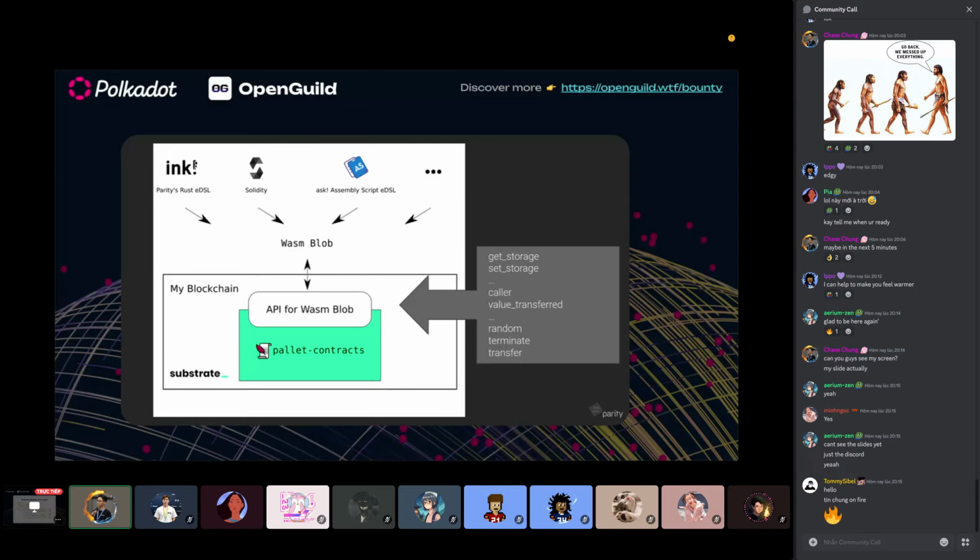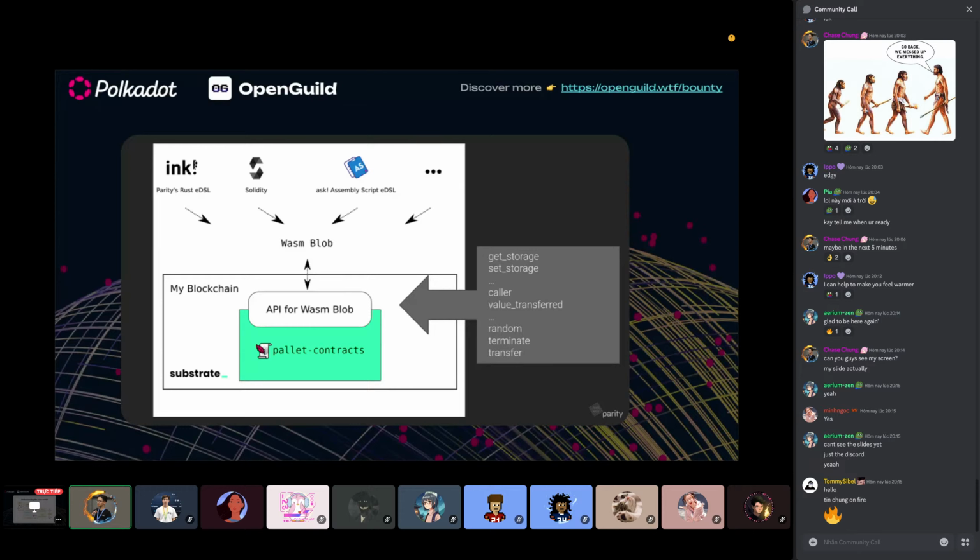You can see WebAssembly is a very common bytecode language that acts as the intermediate representation for all the high level languages, so that it can be agnostic and independent across the whole environment. So we also have some high level programming languages that can be compiled to a WebAssembly blob and be able to execute on pallet contracts already. For example, the first one is going to be ink, the second one Solidity. That means pallet contracts has the ability to execute Solidity smart contracts from Ethereum,